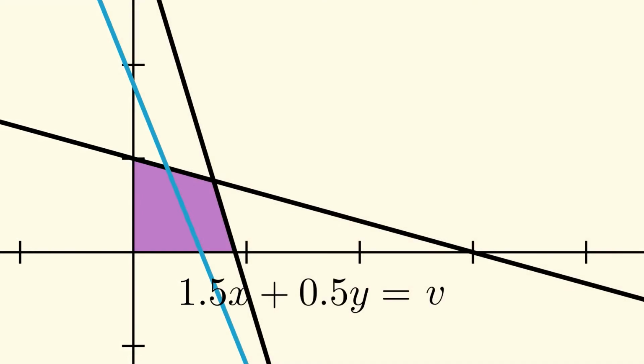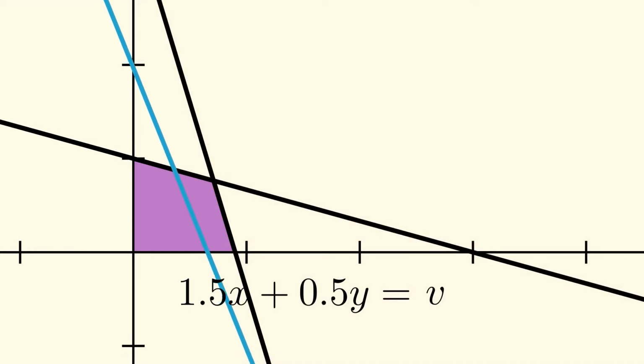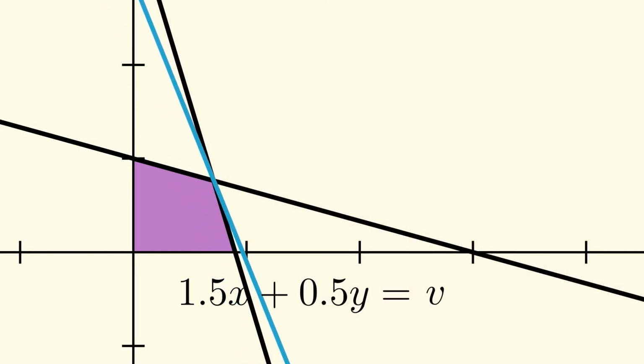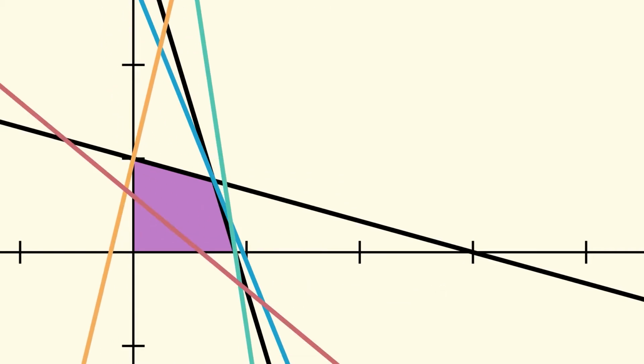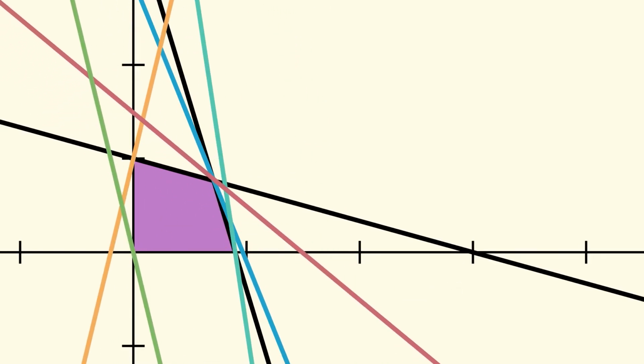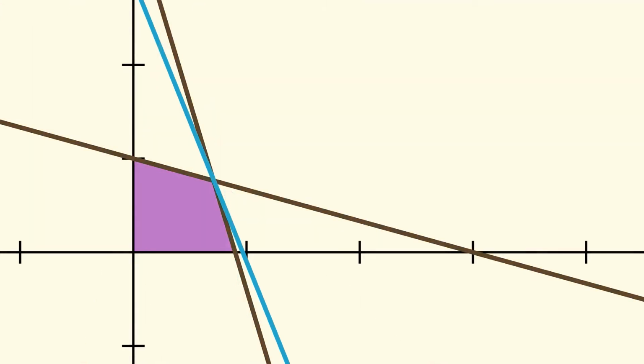So the only way this line does not have some part inside the feasible area and yet gives us a feasible solution is if it passes through a corner. In fact, no matter what the objective function may be, if the optimal solution exists, it will be at a corner point. And because there are a finite number of constraints, there must be a finite number of corner points. And voila, we have successfully reduced the set of points to be checked for an optimal solution to a finite set.